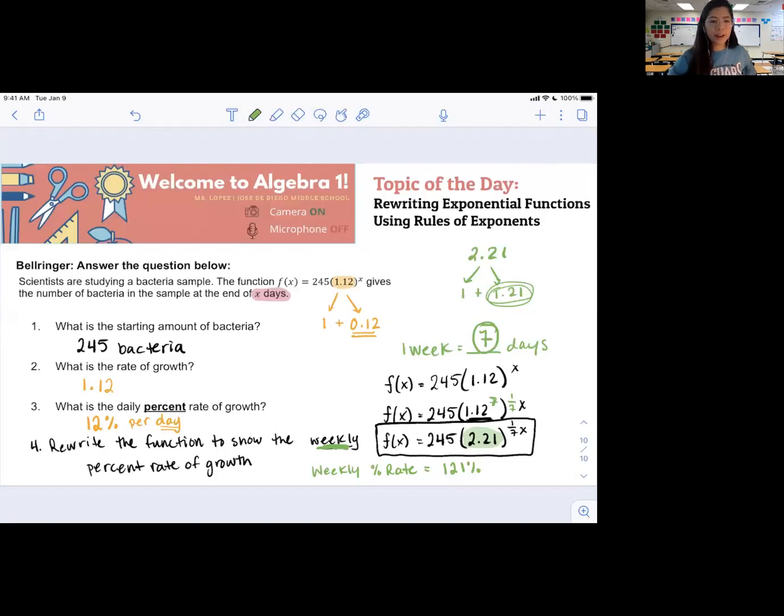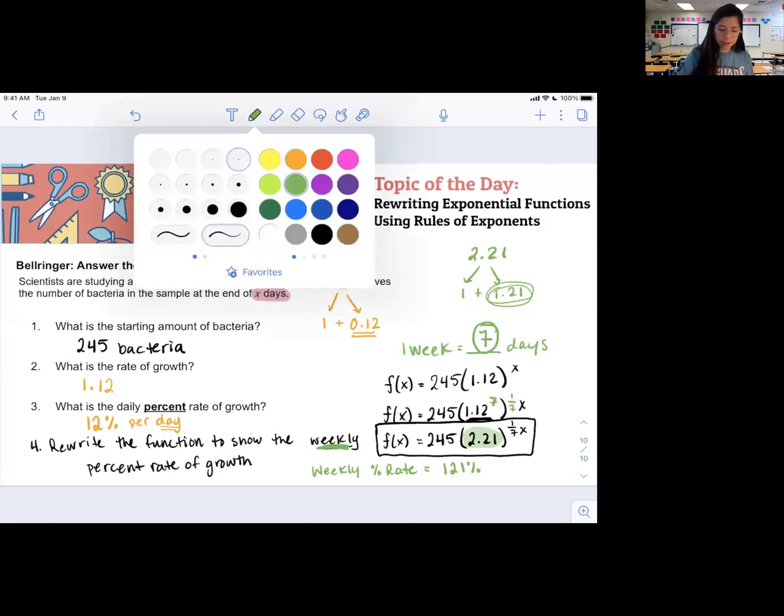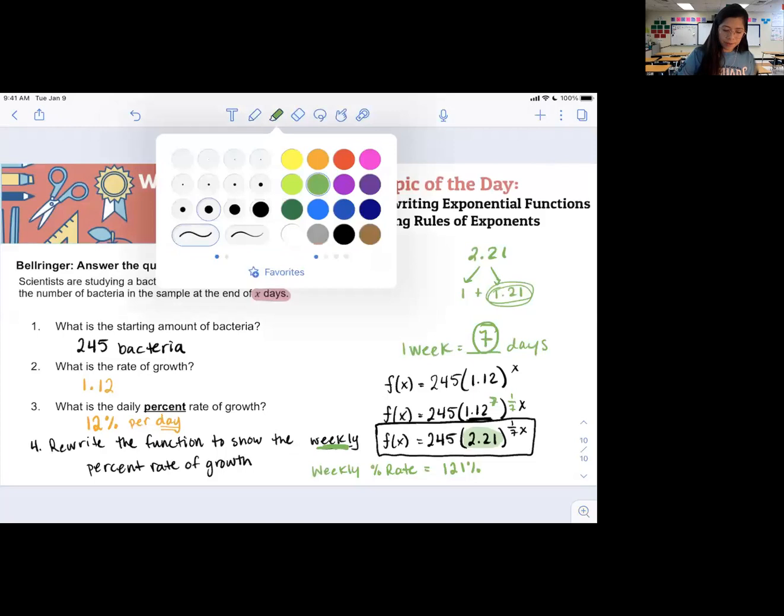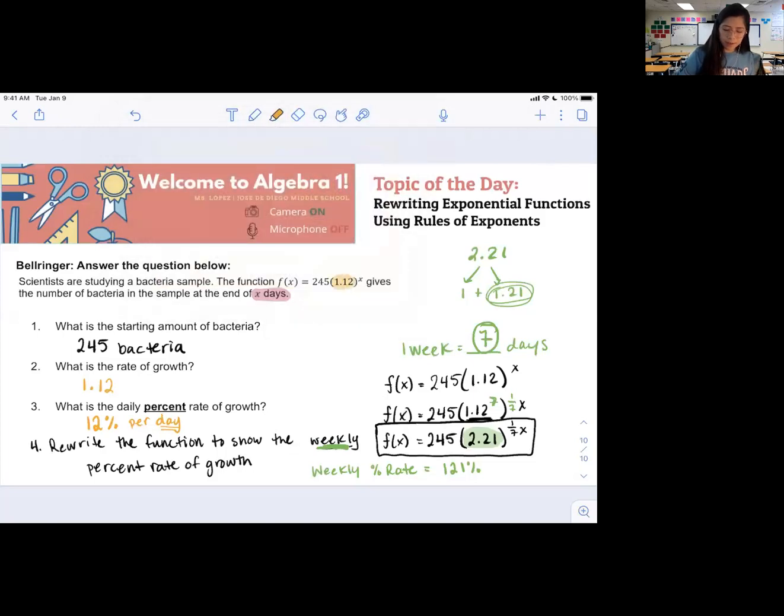Okay, someone's asking, how do you do number 3? So for number 3, the rate of growth, let me erase some stuff. Let me just do this again because I know you came in a little bit late. The rate of growth is just the number on the inside of the parentheses. That's the rate, 1.12. But the percent rate,